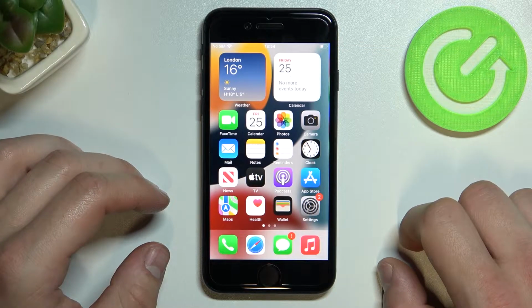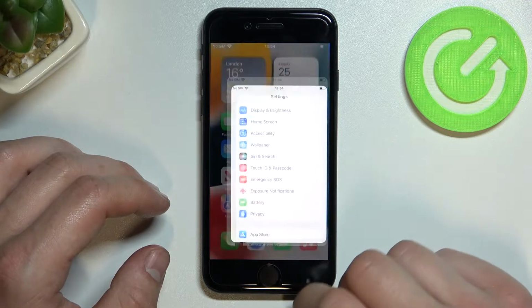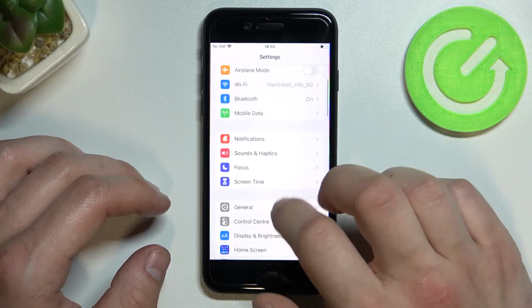In front of me I've got iPhone SE 2022. In this video I'll show you how to find and manage display settings. In the beginning, let's enter Settings and enter